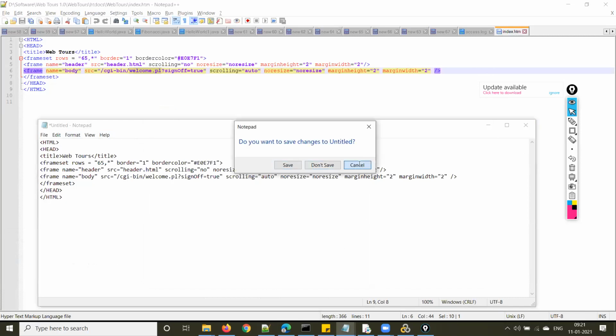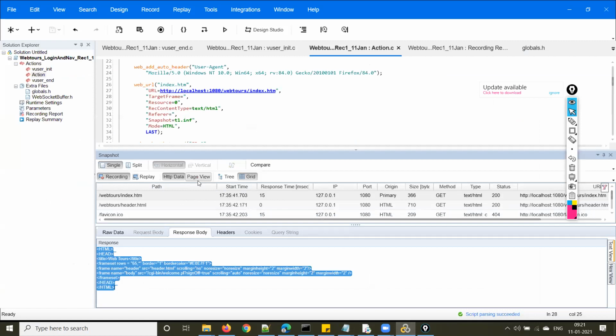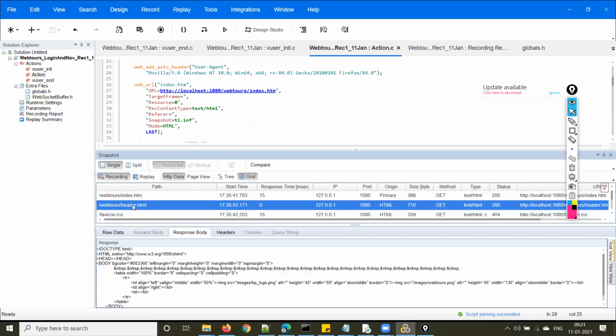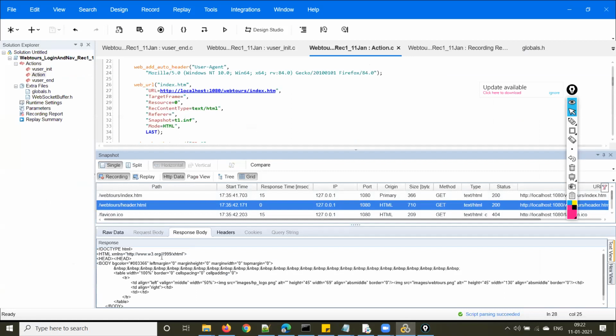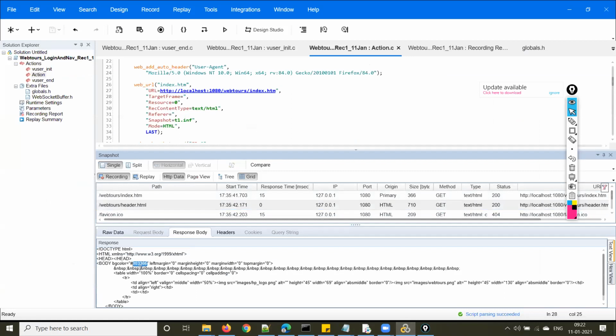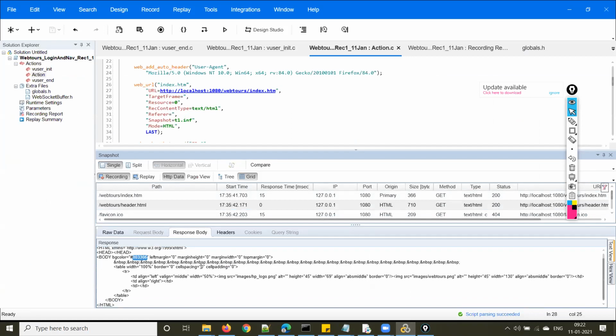So under HTTP data, you see the code for each particular sub request. This is the header.html code. I already showed you the BG color and the color code, and that two images will be called from this page, right? See here, image source is hp logo.png, and image source is webtools.png.